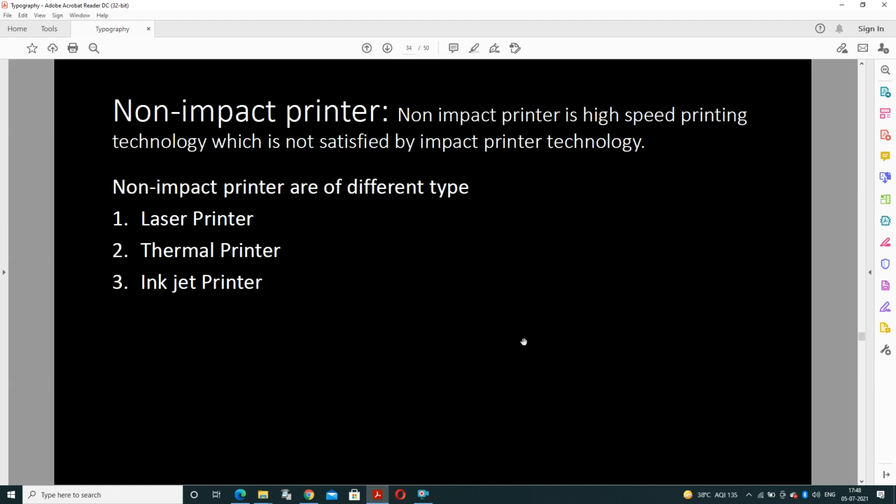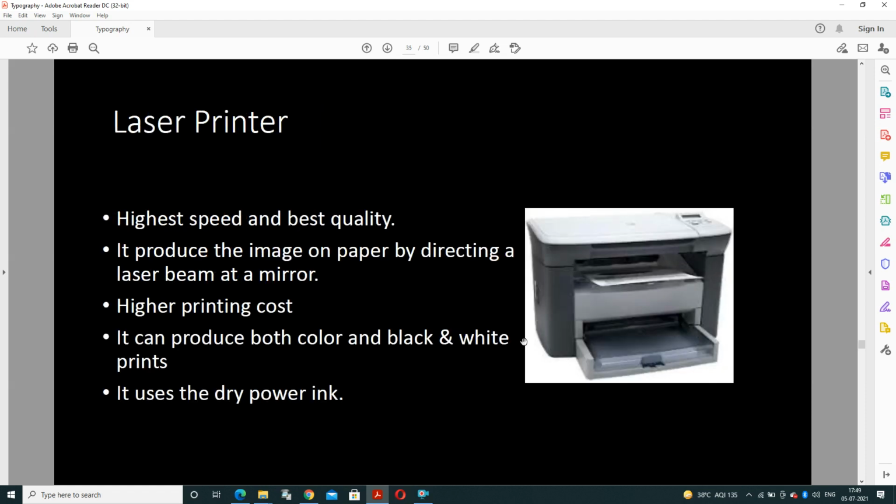The next technology is the non-impact printer. It is a high-speed printing technology, which is not satisfied by impact printer technology. So impact printers can be dot matrix and daisy wheel, while non-impact printers can be laser, thermal, or inkjet printers. What is a laser printer?